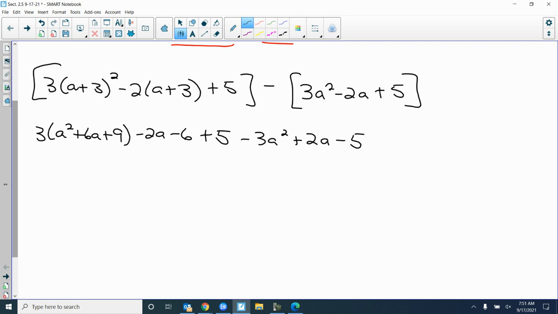Our biggest thing is a lot of times you forget or you don't subtract that second piece. You only do it to the first one. So make sure you distribute that negative to the whole thing. You still need to distribute the 3, which gives 3a squared plus 18a plus 27. And now everything else